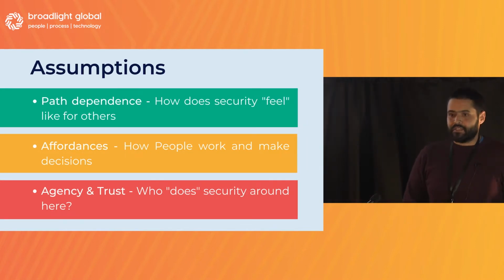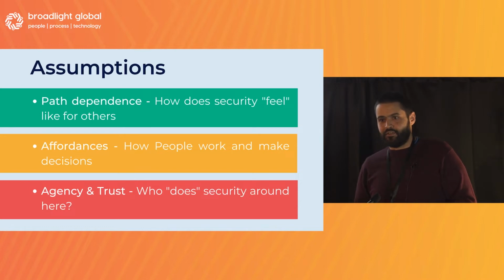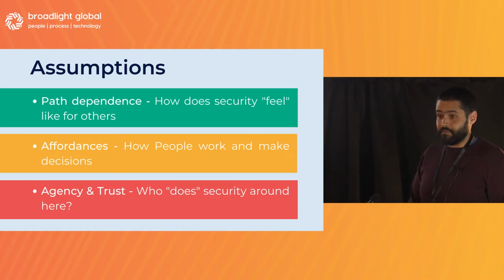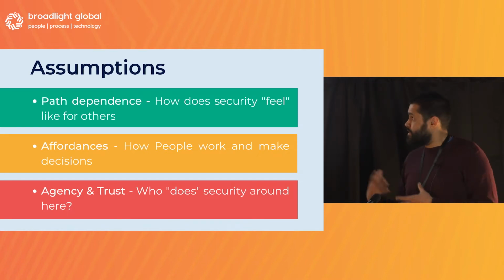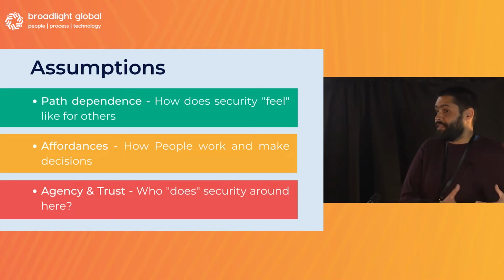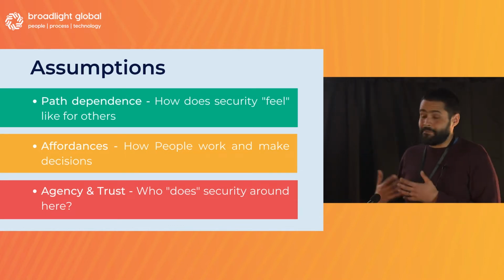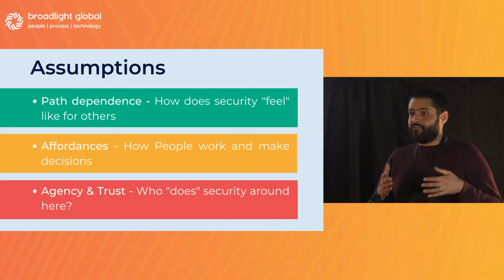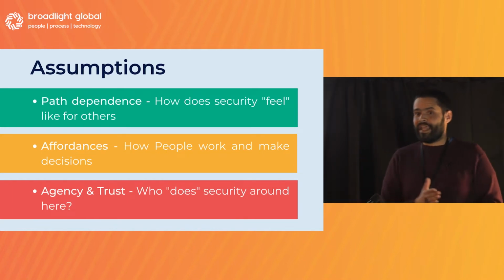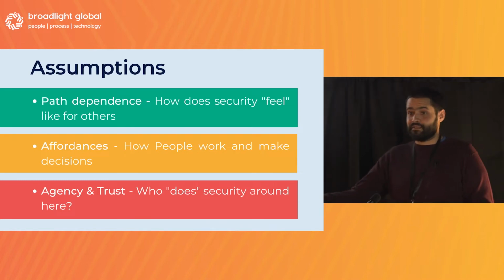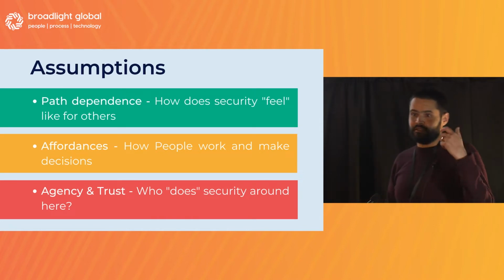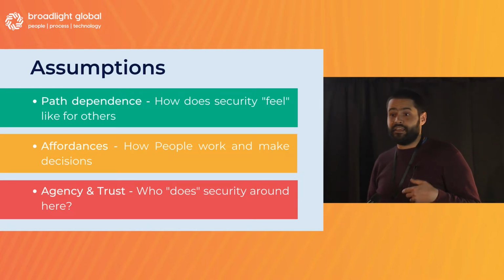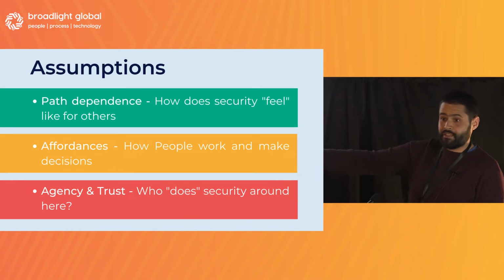So in terms of assumptions, there are three big things that usually affect the assumptions that people make. One of them is path dependence. It's in the nature of complex systems that they are dependent on their path. What I mean by that from a security point of view is, if you work at an organization that only had a security person that was really a compliance person, all they did was call you into the annual awareness programs, send you a couple of policy documents every year, and when there's an incident, you see them in the meeting because they're capturing some things to do for the review.